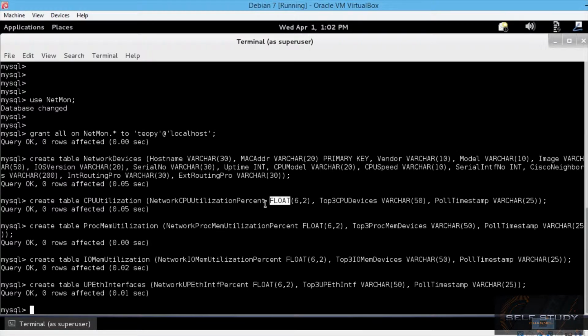This means that floating point numbers are expected here, and not just any numbers, but floating point numbers with a maximum of 6 digits, including the decimal point, of which 2 digits should be after the decimal point. So something like, let's say, 123.45. Okay, so we have the CPU utilization table for information about processor usage,